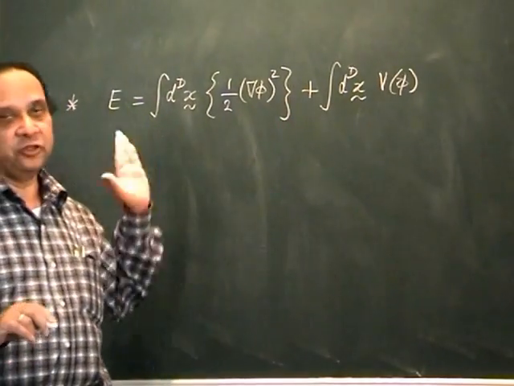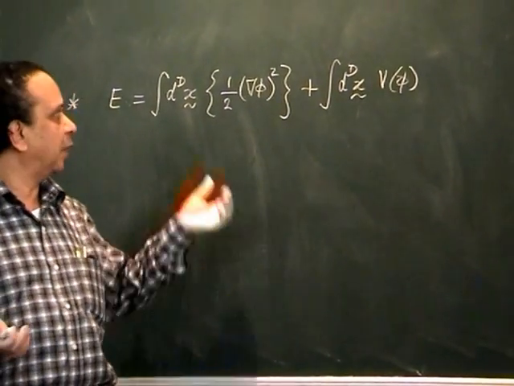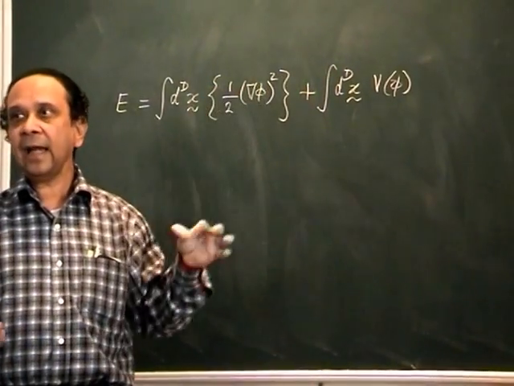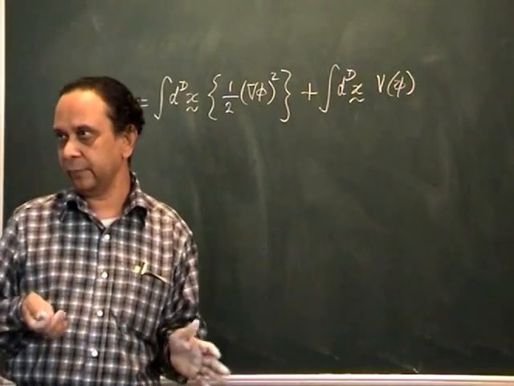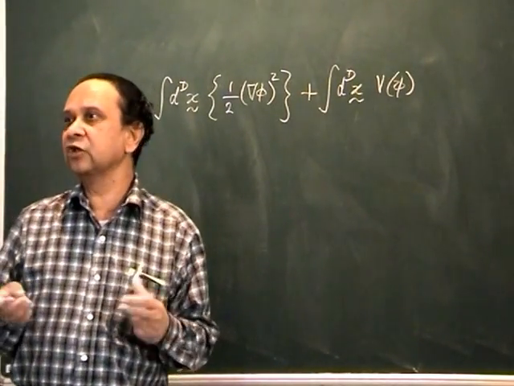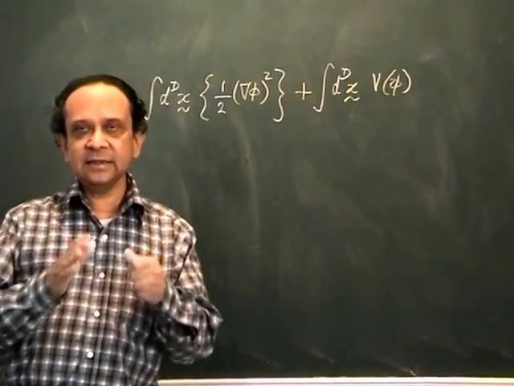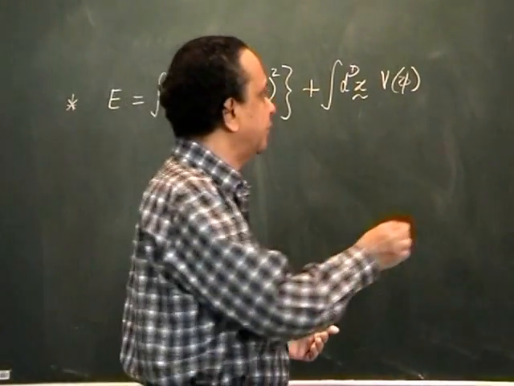This is also a positive definite integral, and we are interested in finding a solution where both these quantities are finite, so that the total is finite, and it is completely static. Okay, we want to do that. Now suppose you have such a solution. Then it is a solution in which the energy is minimized,